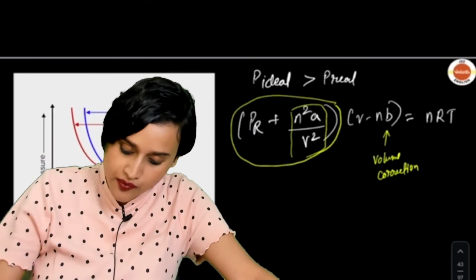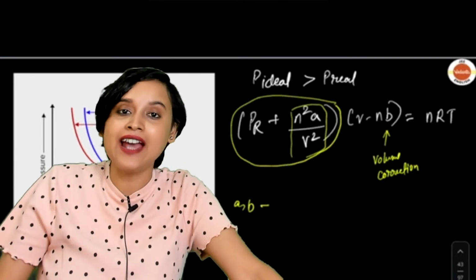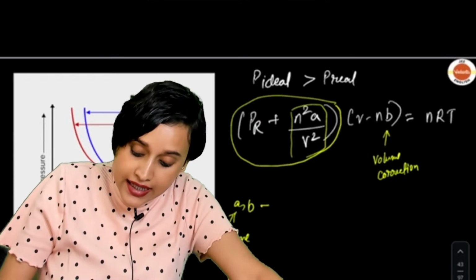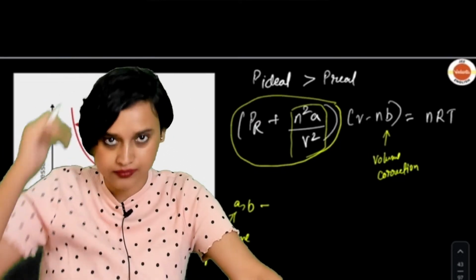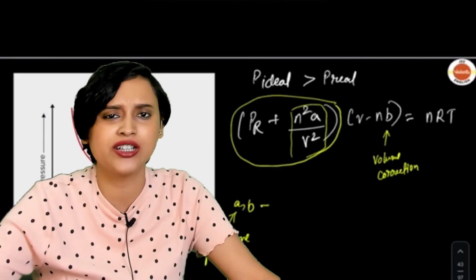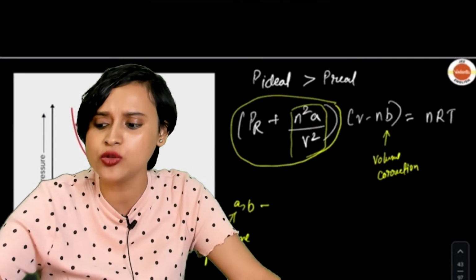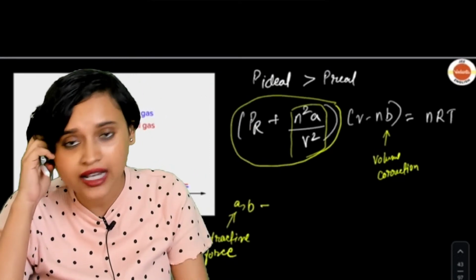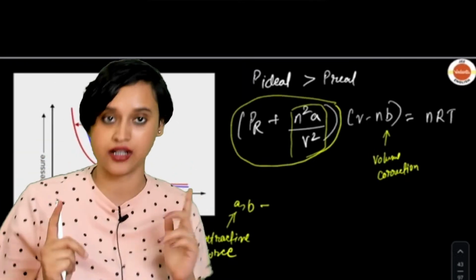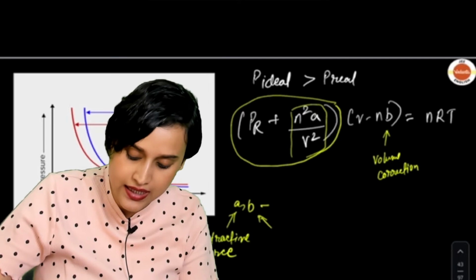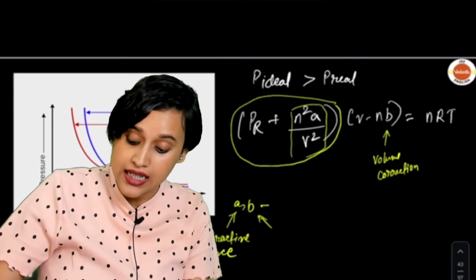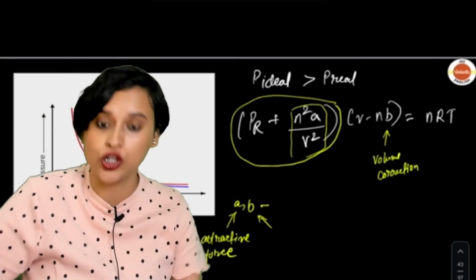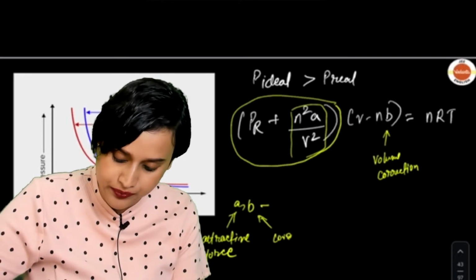Chill, chill. What is this a and b, guys? This a is actually the attractive force that we were assuming is not there. Okay. We were assuming that this attractive force and all are not there. Why did we assume? Because we said that, hey, ideal gases, there is no interaction. Right? We said that ideal gases have no interaction. So we had to bring in an attractive force. So this a is the attractive force and this b is actually the size, or what is it called as? Co-volume. It is also called as co-volume.